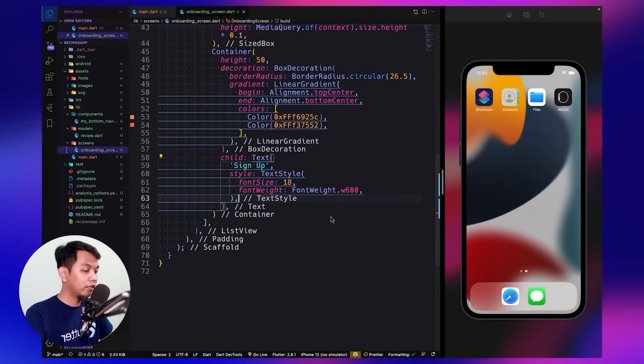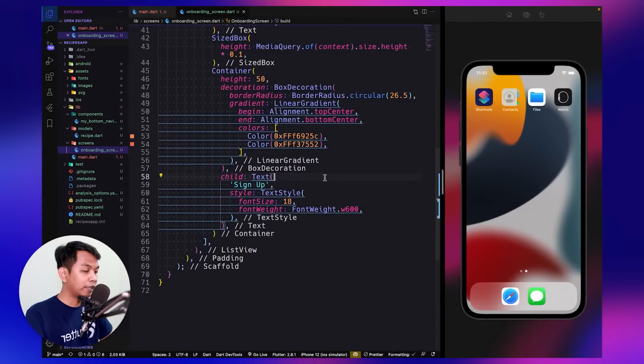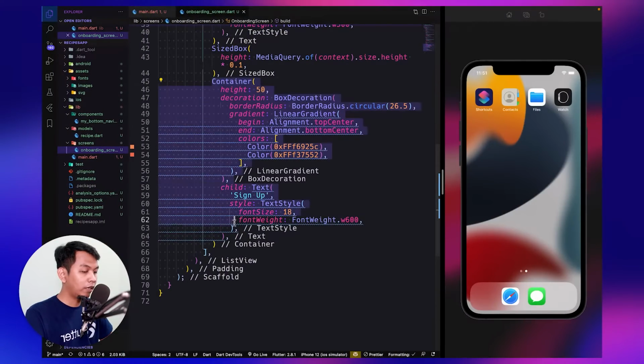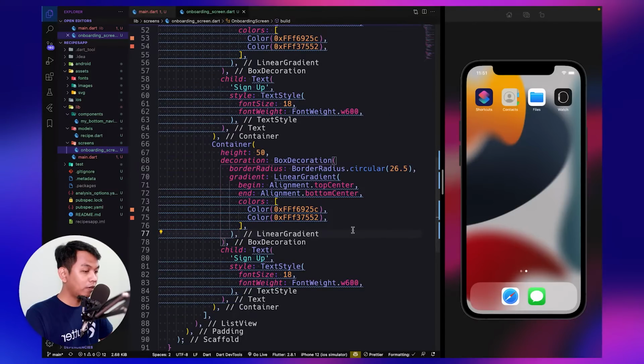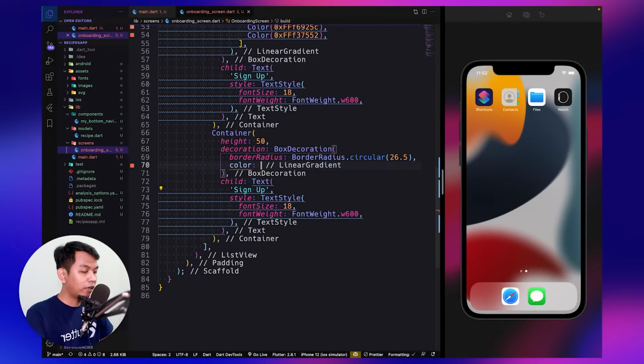And that's our first button, the sign up button. And we just need to copy this, paste below, and just change the gradient to a color, because as we can see our login button is a white color, and change this to Login. It looks like this.